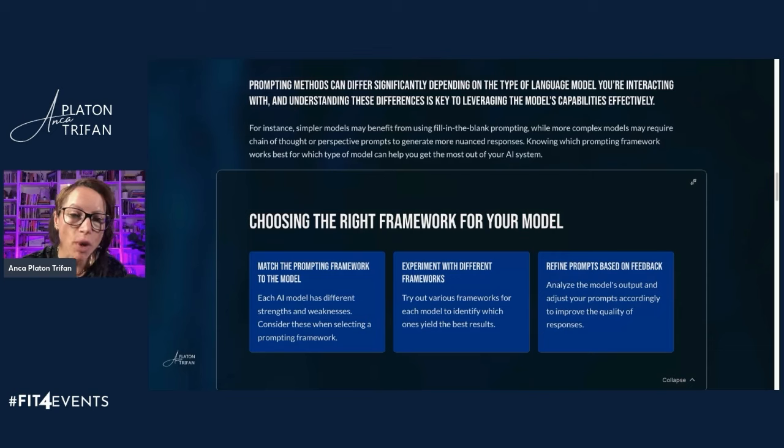Then 4.0 models are really good at chain of thought prompting, constructive criticism prompting, as well as "I want you to act as." But then some of the 4.0 models are best at maybe providing tabular format prompting and comparative prompting and reverse prompting, which are some frameworks that are way more advanced.